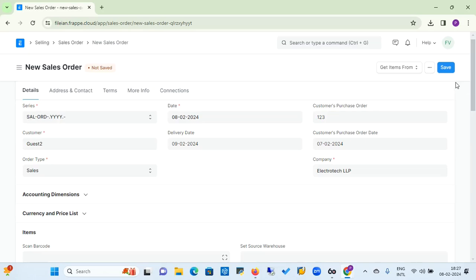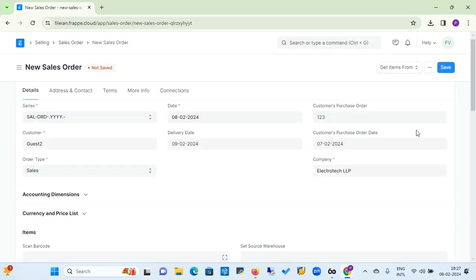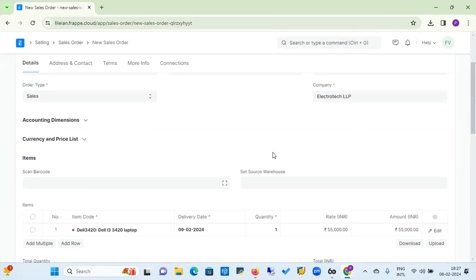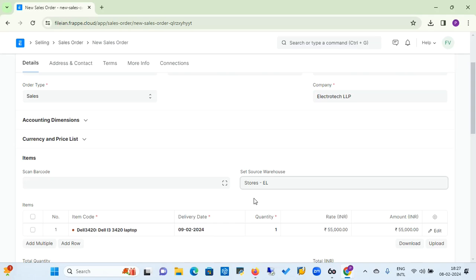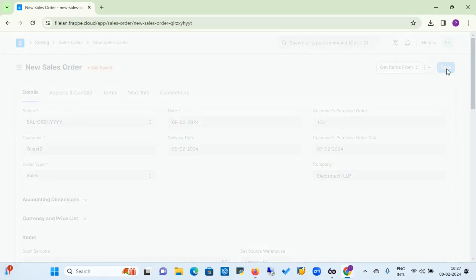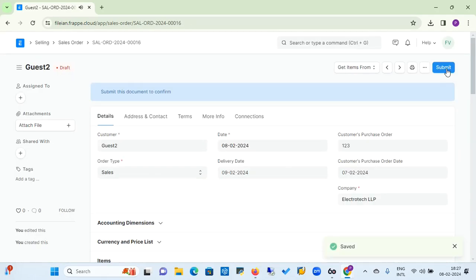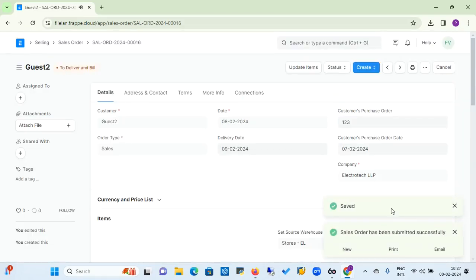And obviously I'm saving the sale order for the final confirmation. A delivery warehouse is required from which we are going to deliver this material, so the set warehouse option is a must. In our inventory, the item is inwarded into the store, so I selected the store's warehouse and now I'm saving this. Now my sale order is saved. I'm submitting it for the final confirmation, and now I have submitted this